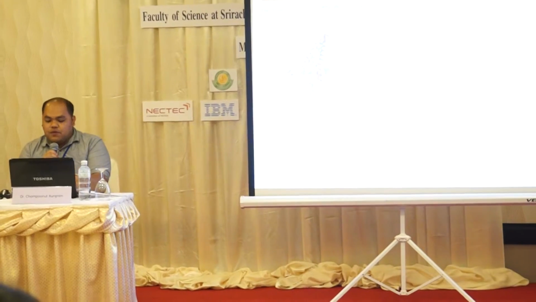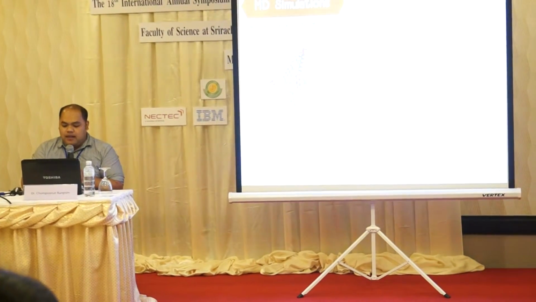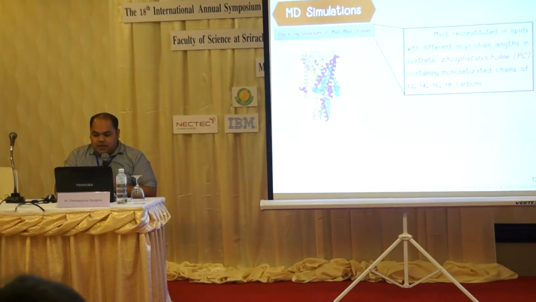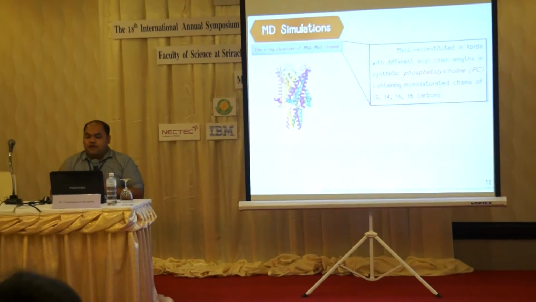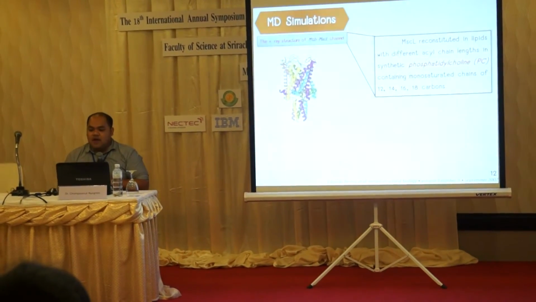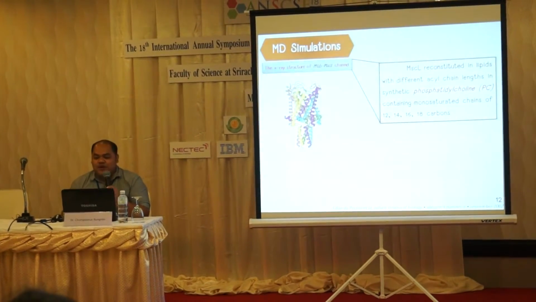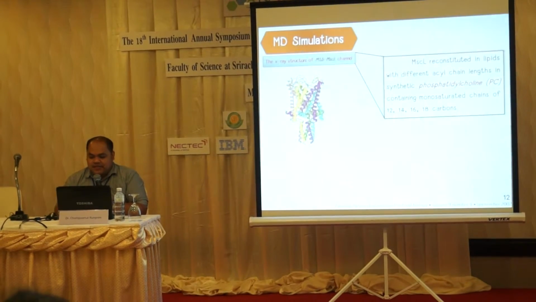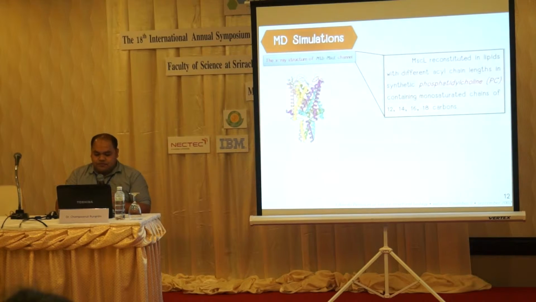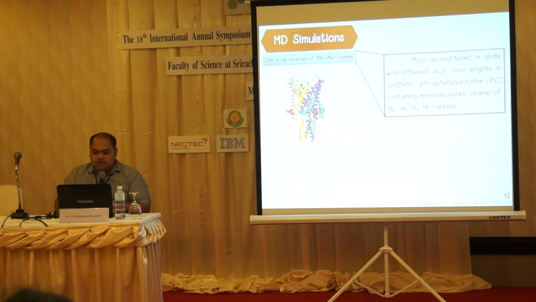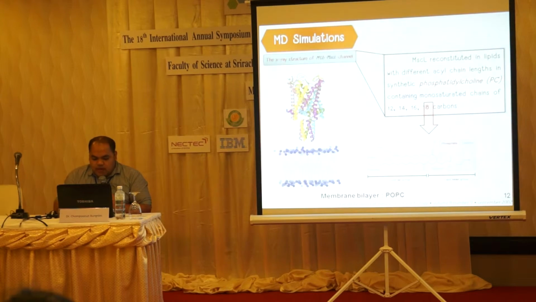The previous work evaluated the functional consequence of the bilayer experimentally, with EcoMscL reconstituted in lipids with different acyl chain lengths, in synthetic phosphatidylcholine containing monounsaturated chains of 12, 14, 16, and 18 carbons. They found that the structure matched with the 18 carbon chain, and the X-ray structure and the structure from EcoMscL, I tried in a POPC-like membrane bilayer